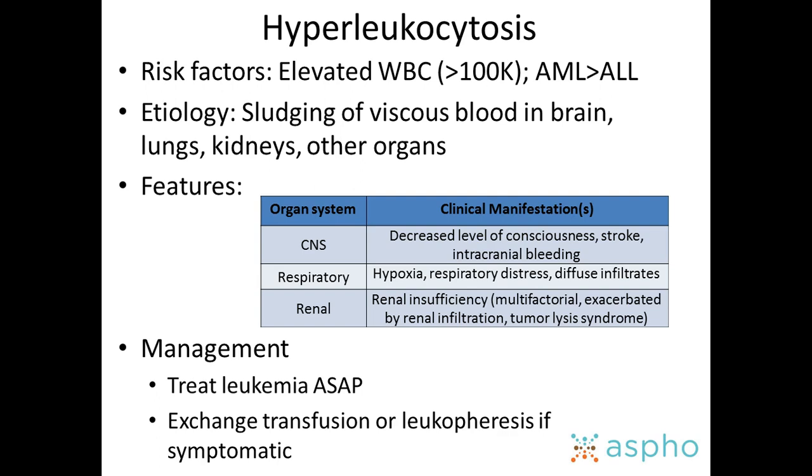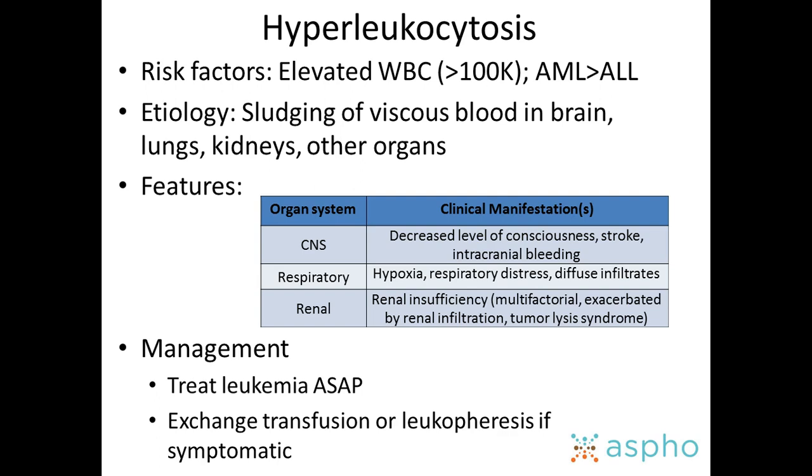How this causes a problem is there's three organs that have capillary beds that seem particularly prone to sludging, and those are the brain, the lungs, and the kidneys. So when the viscous blood sludges within those capillary beds, in the brain that can cause decreased level of consciousness, can even cause strokes and intracranial bleeding. In the lungs, it can cause hypoxia and respiratory distress and infiltrates, and in the kidneys, it can contribute to